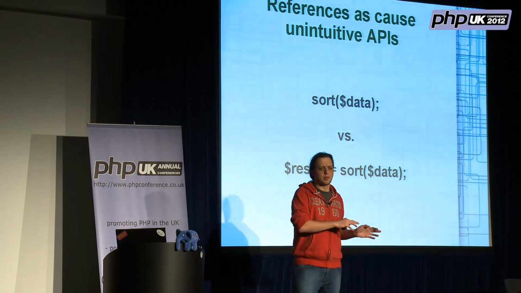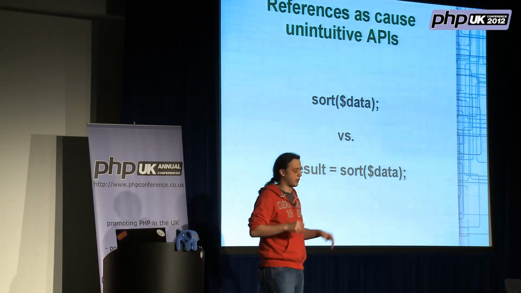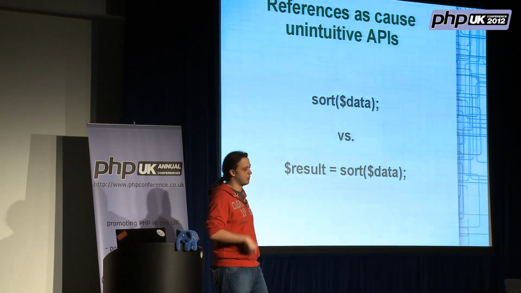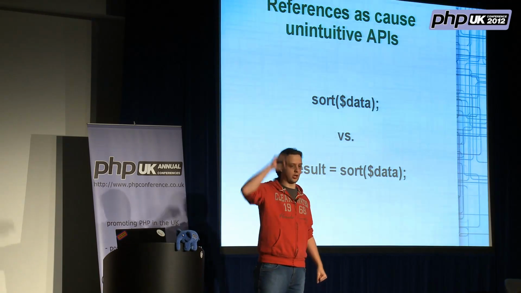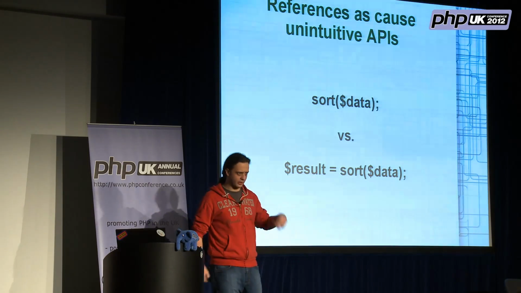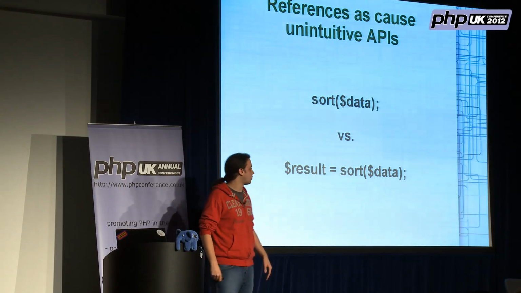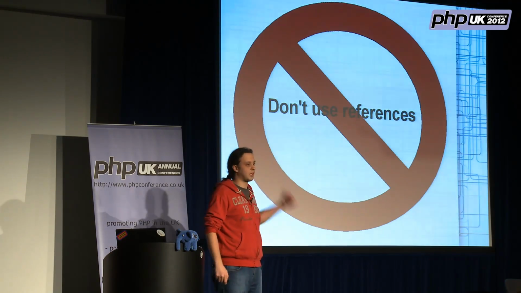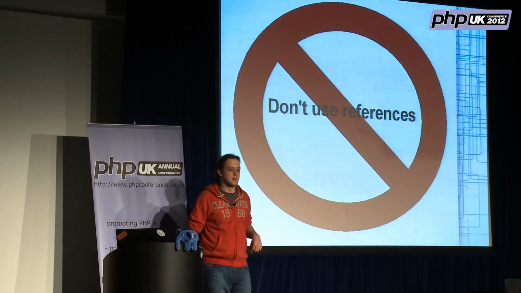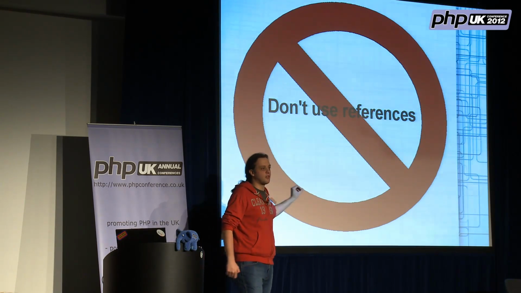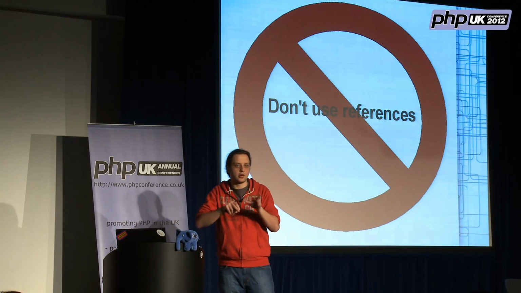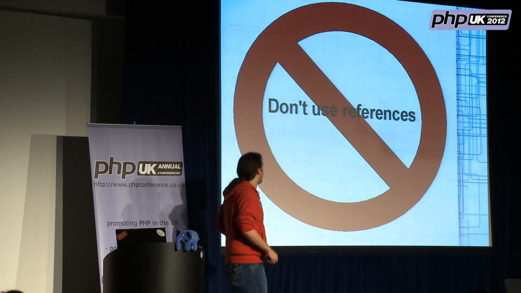There are a few exceptions where this can't be done and where there are some benefits, but usually I think it's better to have such an API and not use references for returning values. So that's another reason why I think that references are bad to use in PHP. So that's my biggest claim: don't use references in PHP, small parentheses, until you really know that you need them,